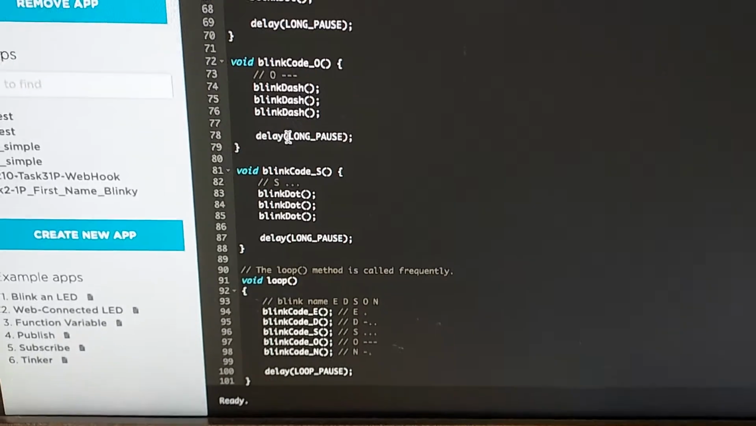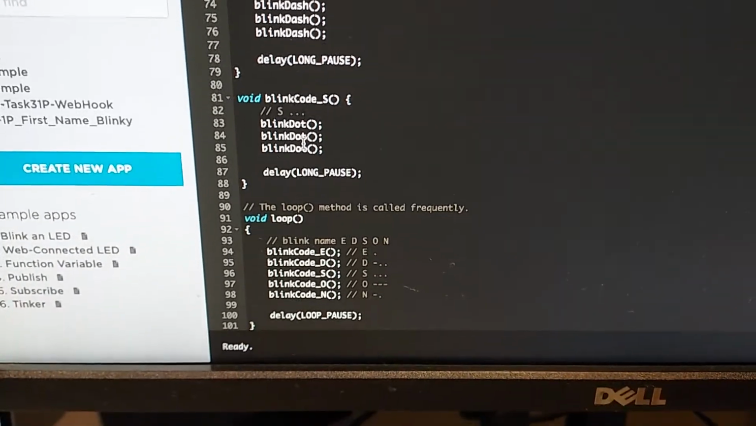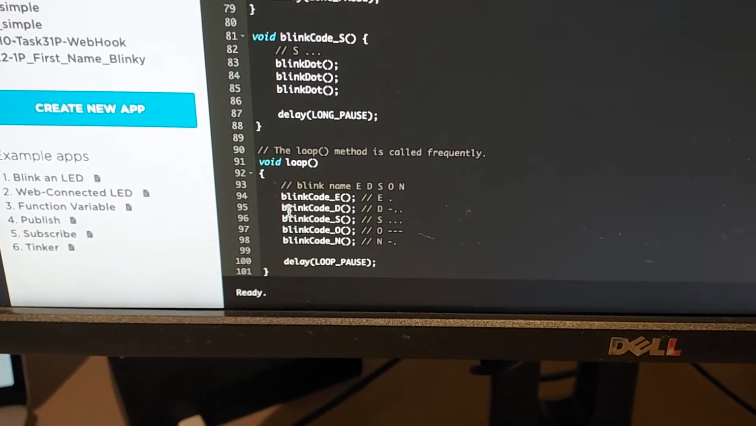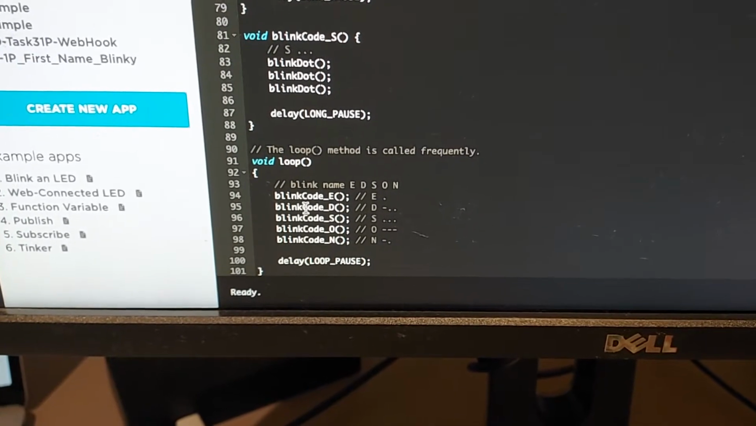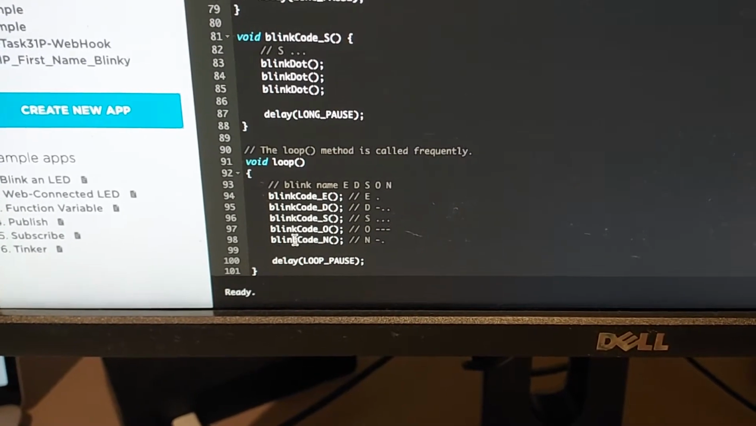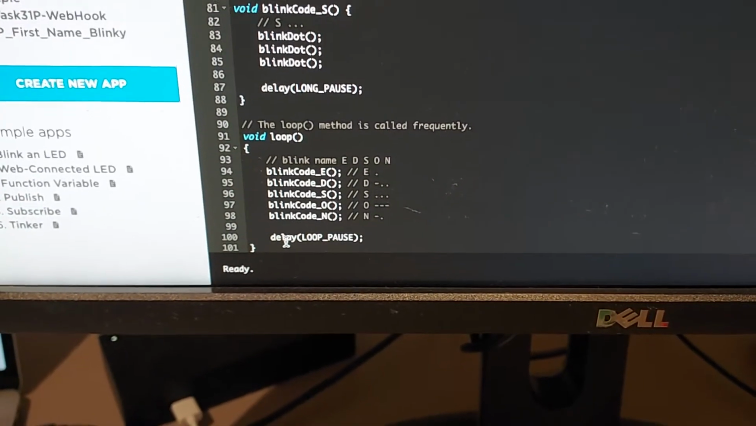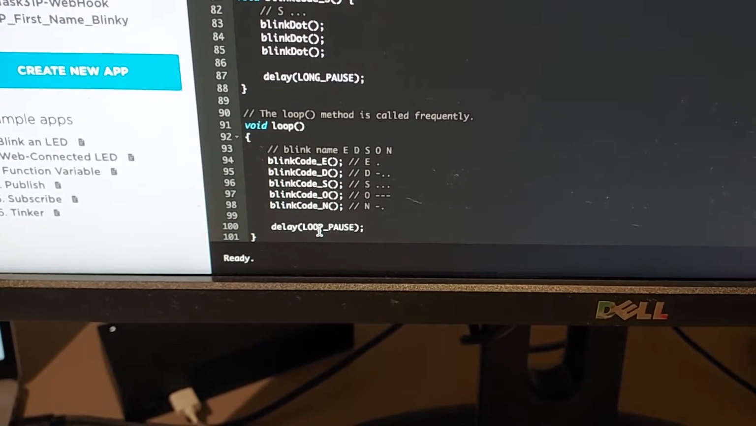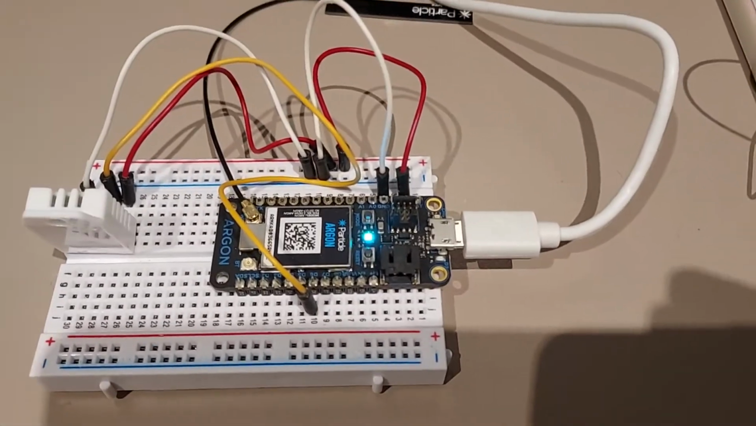So there's essentially a function for each letter. Then within my loop, I just call each letter that's required. So E, D, and so on. So it blinks my first name, and then I take a delay to pause the loop. And so the result, if I move to the Argon device,